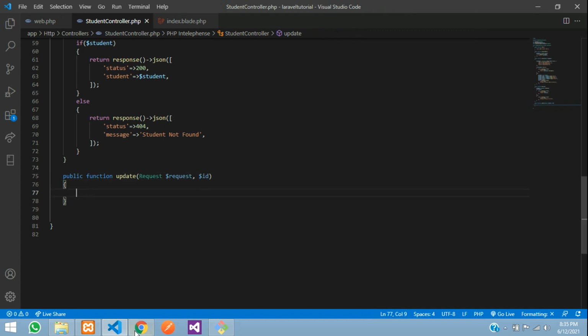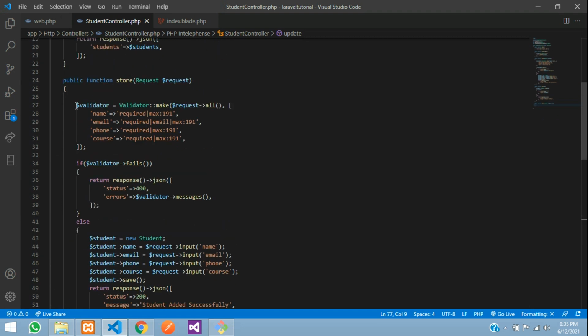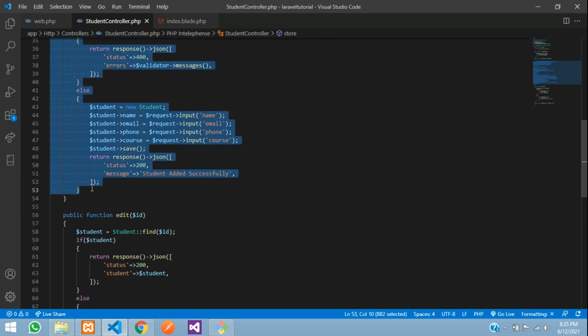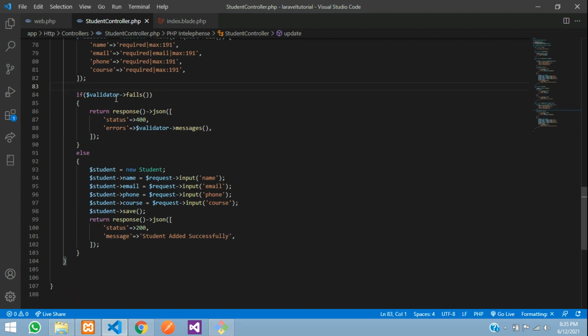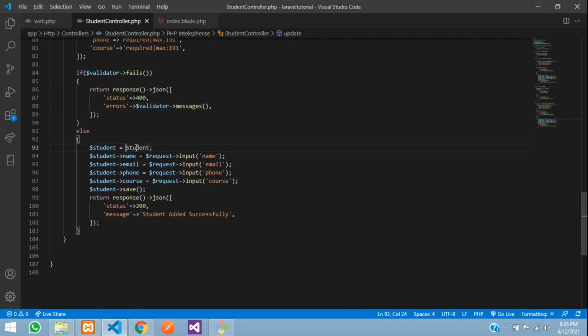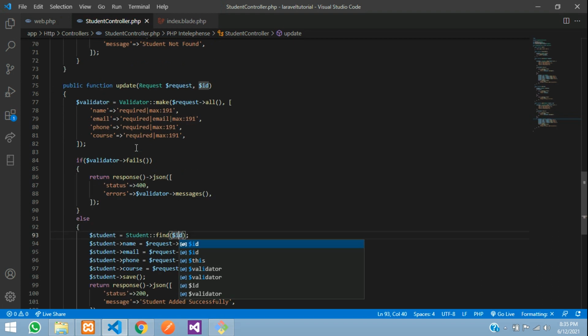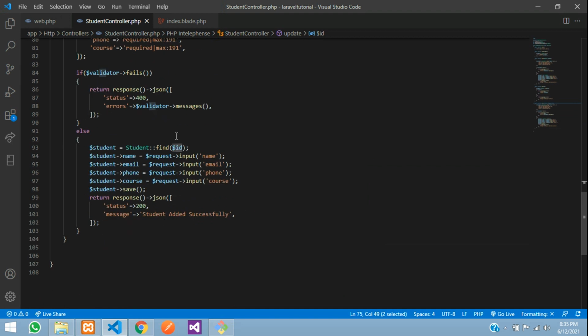So now guys, we will validate all the input fields of this first. As simple, we will copy all the code from your storing of the data. Okay, so let's copy this and make a few changes according to our requirement. The validation is the same for the input fields, so we are not going to change anything. If validation fails, we are going to show all the messages, and if it does not fail, then you are going to update the student data by finding its ID $ID, which you are taking from your update function, and then you are updating all the data with the update function. Once updated, you can tell the response as updated successfully.